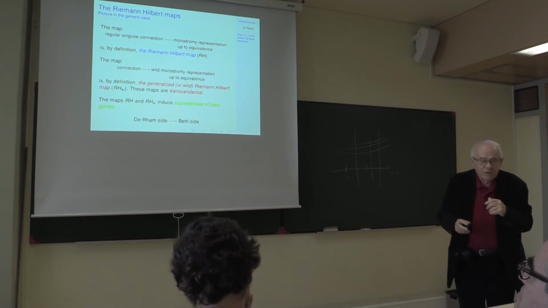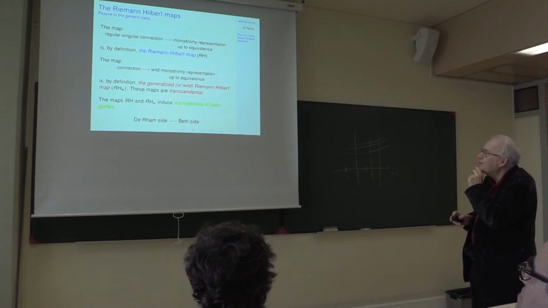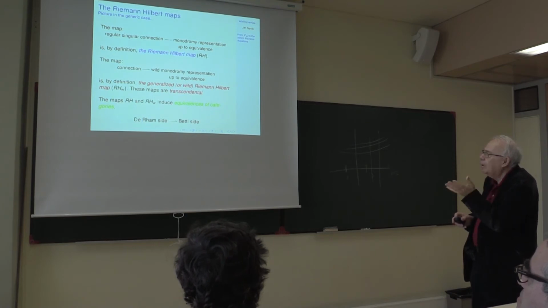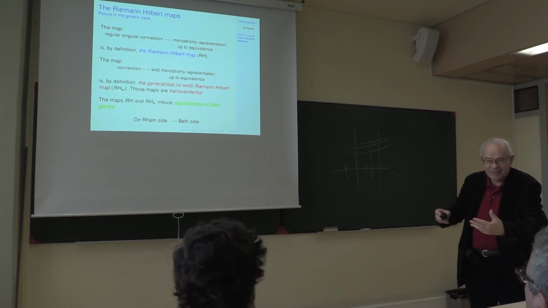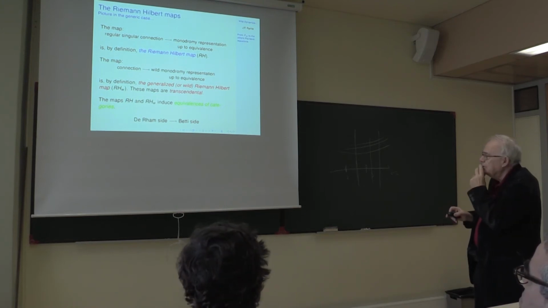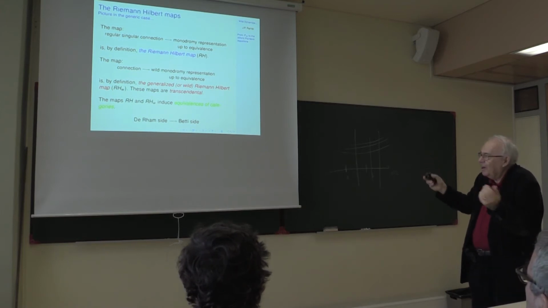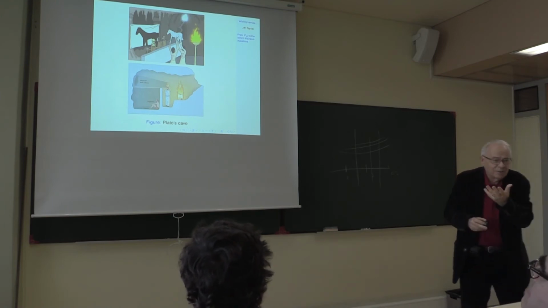Okay, some words about the general philosophy. What is the philosophy of the Riemann-Hilbert map? On one side you have connections, on the other side you have monodromy representations, or wild connections, essential connections, and wild monodromy representations. And you have a map which is very transcendental. But there is an equivalence of categories. At some abstract level, the two sides are similar.